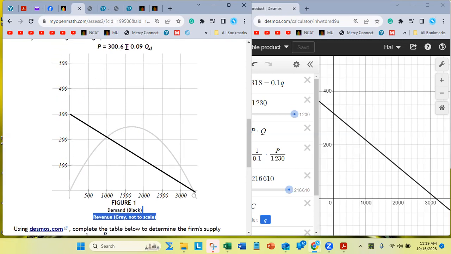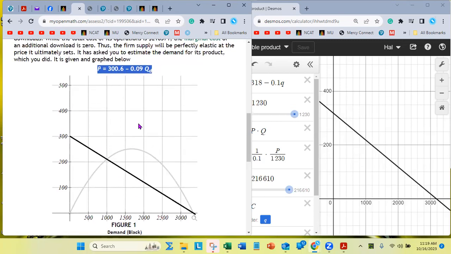So notice that if no one has downloaded it, the first person is willing to pay for it is $300.60. So that's that point there on the demand curve. And then as the good becomes less and less scarce, the price that last person is willing to pay falls, right? So the price axis here, the y-axis here, are the prices along this demand curve, right?